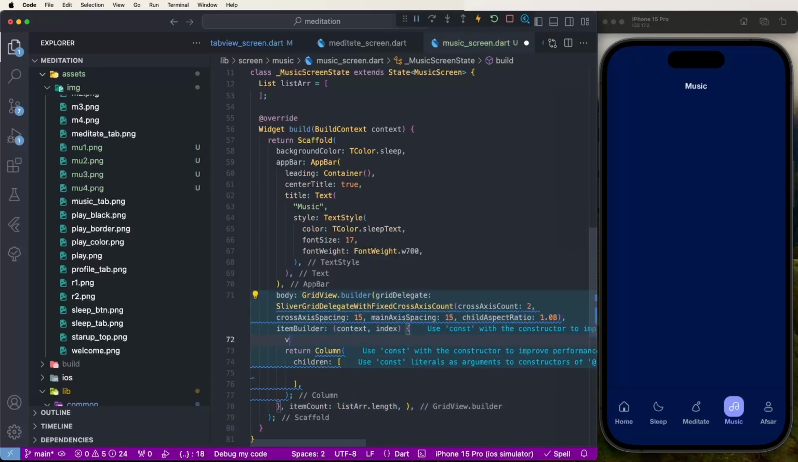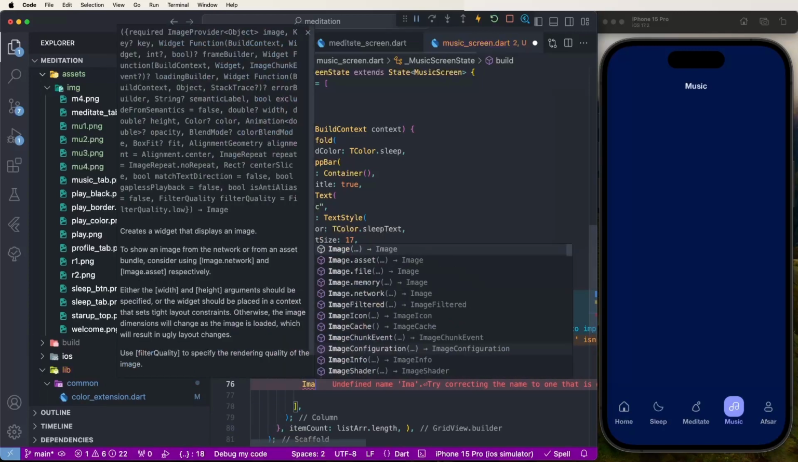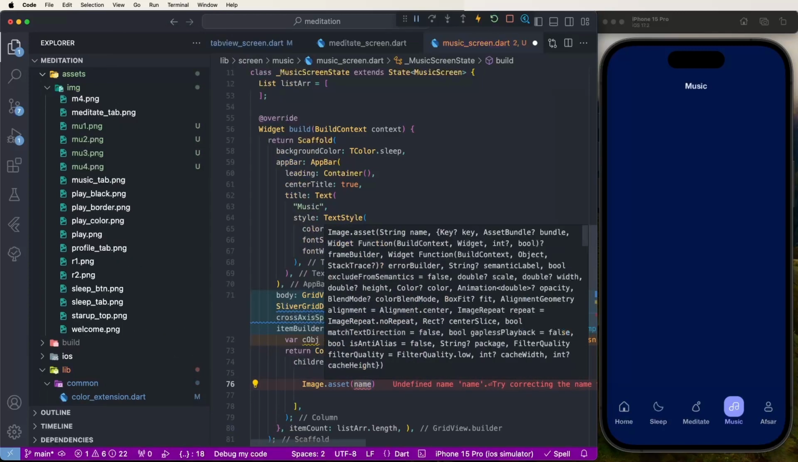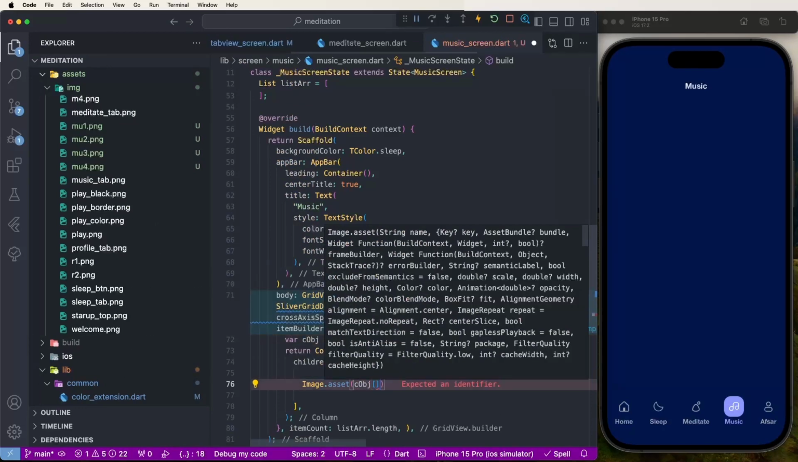Now first of all we need to get the C object is equal to list array index of value. We need to give this and set the data like this. Now first of all we need to set the ClipRRect. Before that we need to set the image assets and pass the C object's image. Need to give this,